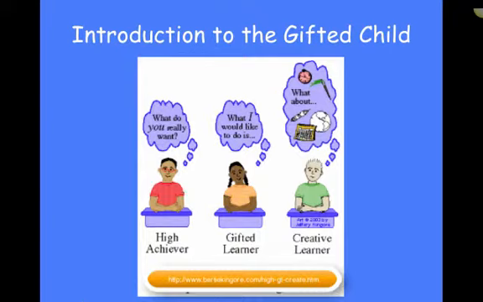In this component of the Identification and Assessment workshop, we will be looking at some basic facts that teachers need to know in order to help with the identification process. Classroom teachers observe students in a variety of situations and under a variety of conditions. Their unique perspective is valuable when considering students for gifted and talented programs.